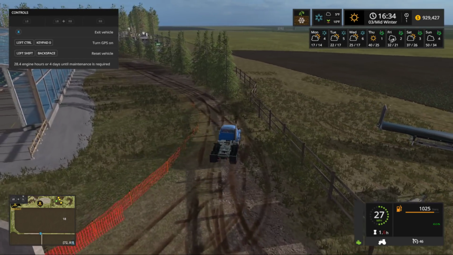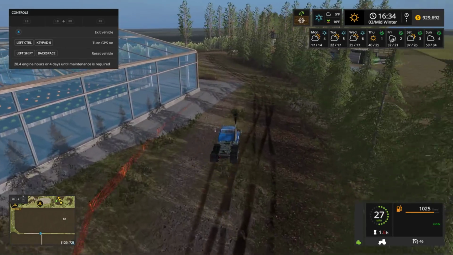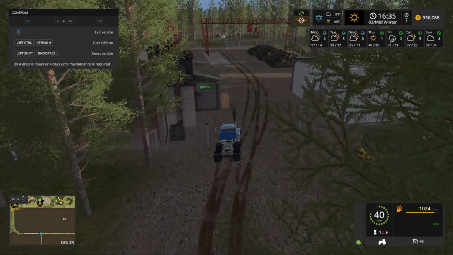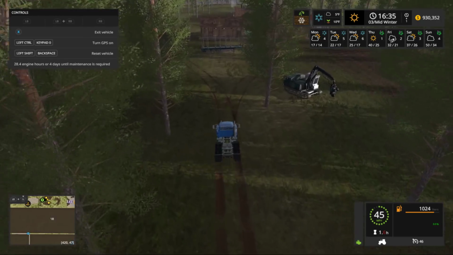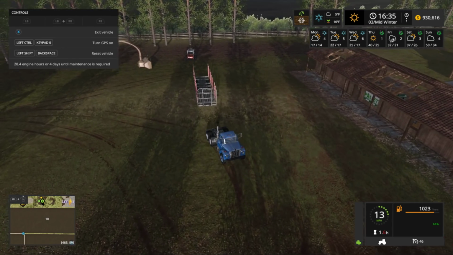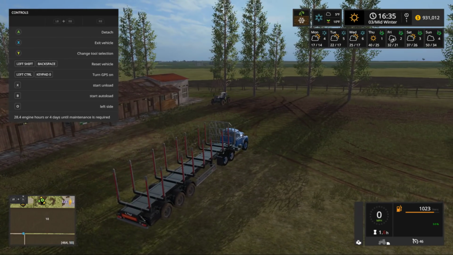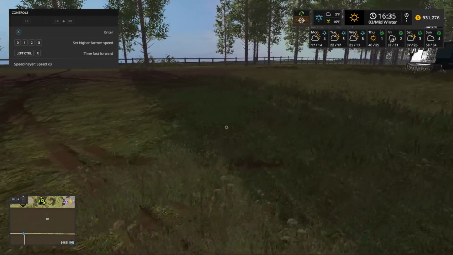So let's get down to logging for the last 5 minutes or so here. Let's take this over and stick it onto the trailer. That's all clear. Left side. We'll change that to the right side for now. We'll just start the auto loading of it. I know we don't have anything to auto load, but